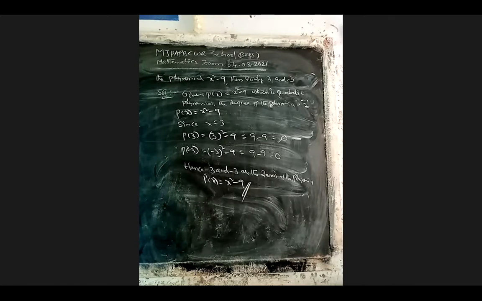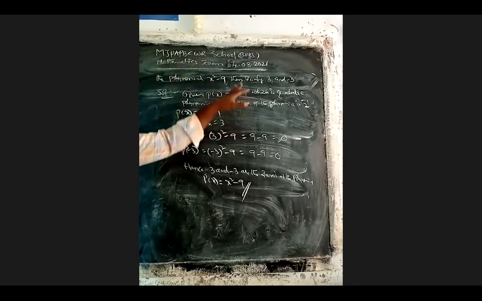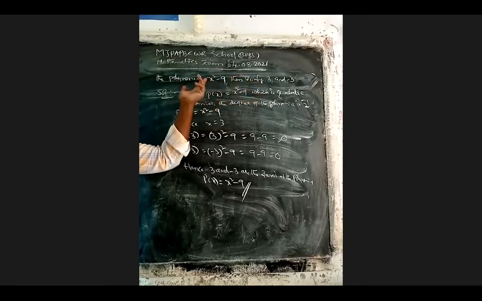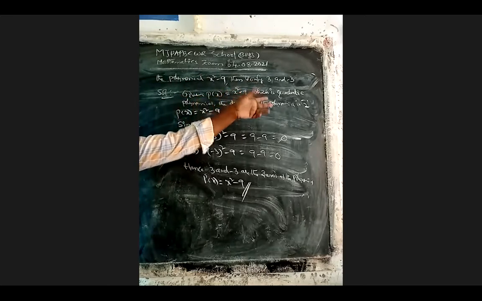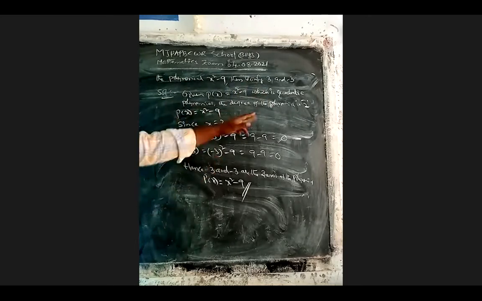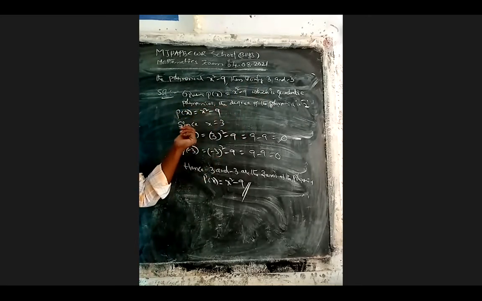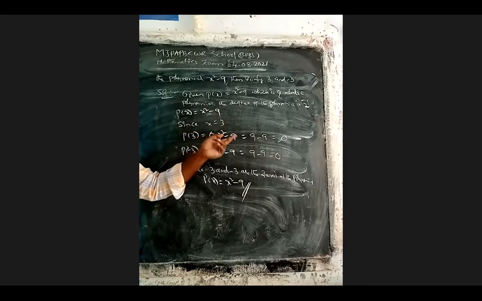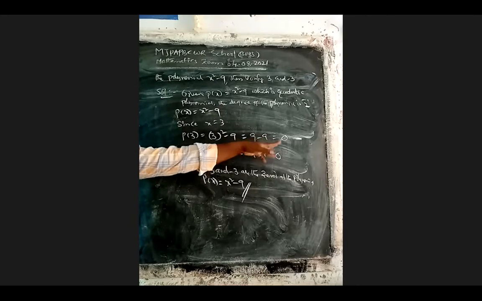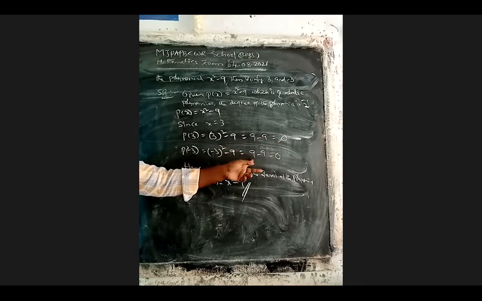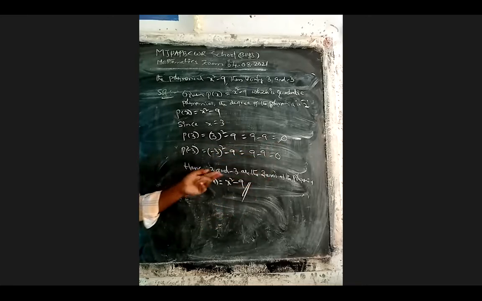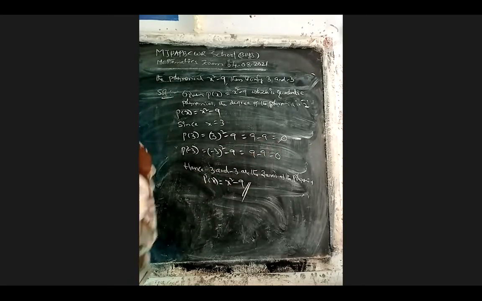Once again, verify whether 3 and minus 3 are the zeros of the polynomial x square minus 9. Given polynomial P of x equals x square minus 9, which is quadratic. The degree of the polynomial is 2. Since x equals 3, we substitute: P of 3 equals 3 square minus 9, 3 square is 9, 9 minus 9 equals 0. Similarly, P of minus 3 equals minus 3 whole square minus 9, which is 9 minus 9 equals 0. Hence, 3 and minus 3 are the zeros of the quadratic polynomial P of x equals x square minus 9.